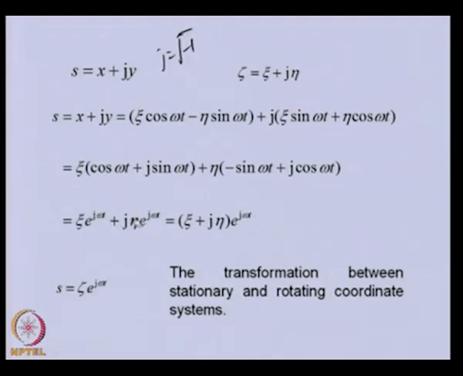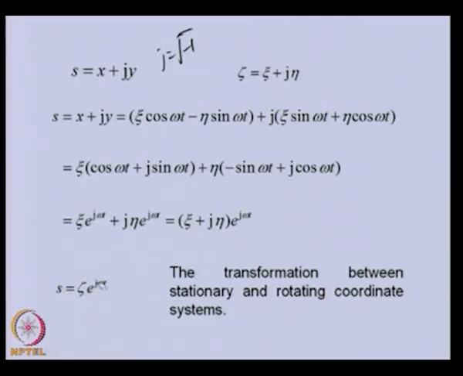Here e to the j omega t is common, so that can be taken out. So, xi plus j eta, and xi plus j eta is nothing but zeta here, so that can be substituted. So, this is the transformation in the complex domain from stationary coordinate system to rotating coordinate system, and